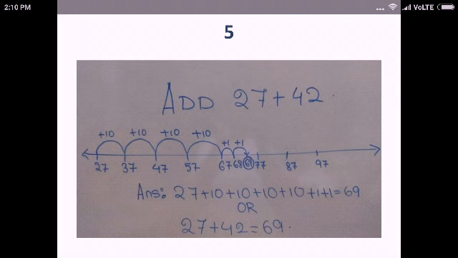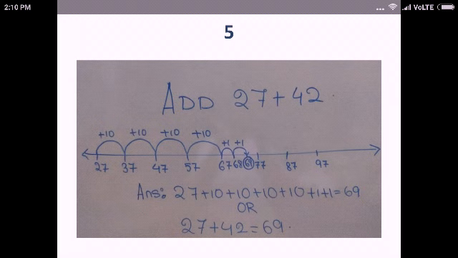So again, now let us expand 42. We have done expanded numbers. 42 means 40 plus 2. Okay, 40 means 4 tens are 40. Clear? So now again, like the previous sum number 4, we will take 10 jumps at a time. So now let us start from 27. So 27 plus 42, that means how many 10 steps do we have to take? We have to take 4 ten steps and 2 steps.